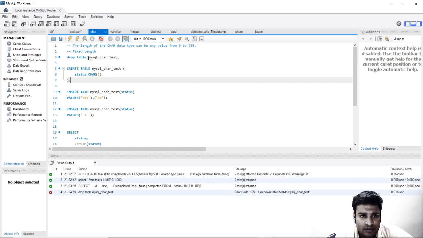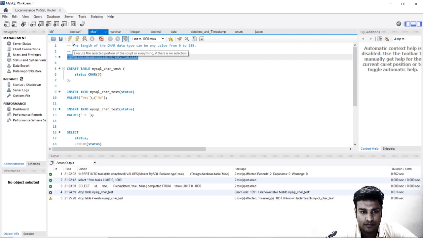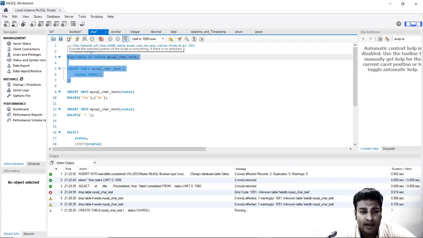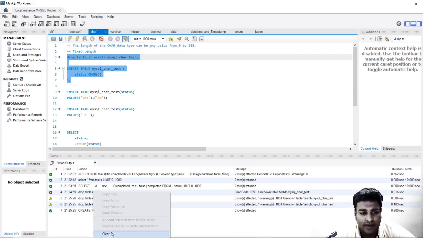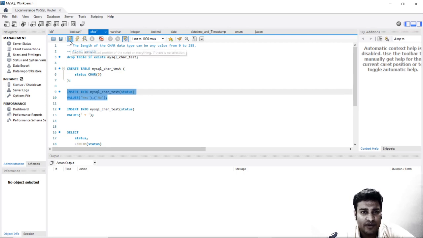Okay, if exists, it is giving a warning now, right? Now again I am running these two and we have created the table. You can see over here. And now let's insert the value in the table.